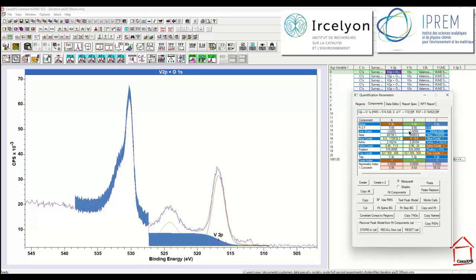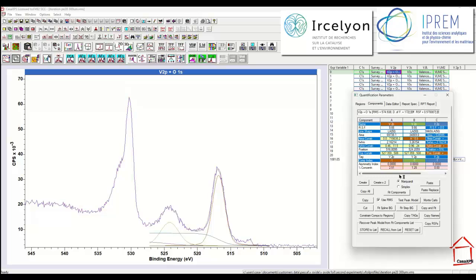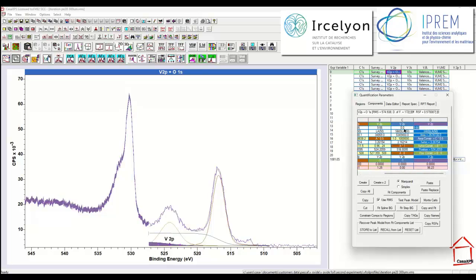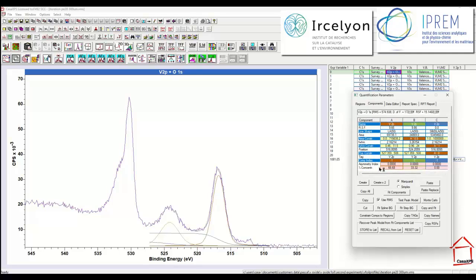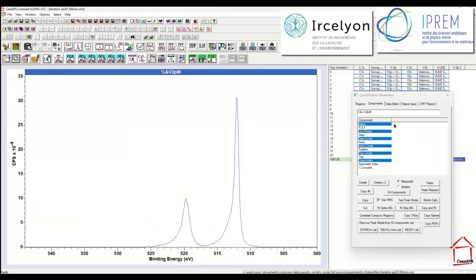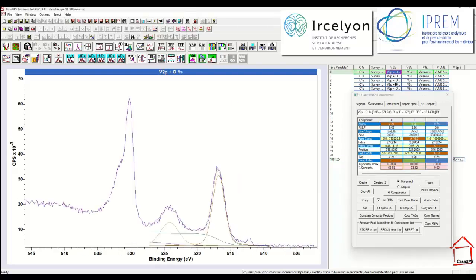Let me just set the background to have 0 RSF so they do not contribute to any calculations of the amount of substance, the concentration. So it's in the 2:1 ratio that we require. Now the final step is to try and model the metallic signal. I'm going to do that by using the name that I've created for the line shape for the metallic signal, and